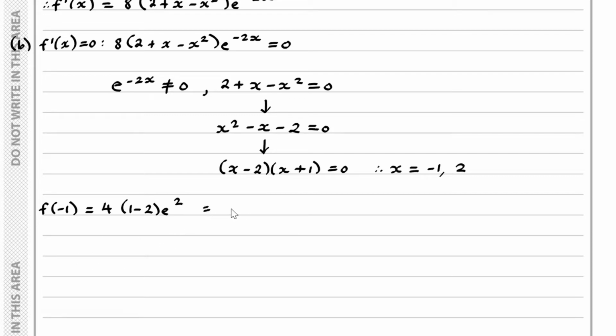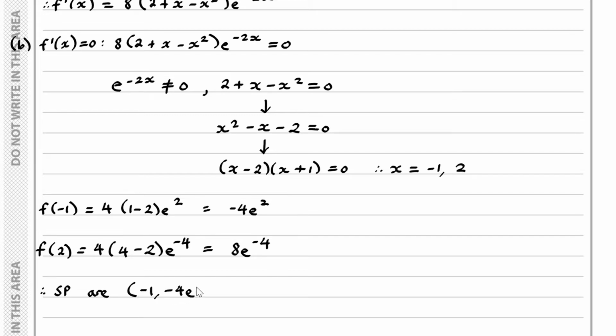And if we tidy this up, we get minus 4e squared. And f of 2, that's equal to 4 lots of 2 squared, that would be 4, then minus 2, then we multiply this by e to the minus 2x, so here we multiply by e to the power of minus 2 times by 2, which is minus 4. So here we end up with 8e to the minus 4. And therefore, these stationary points, those have coordinates minus 1, minus 4e squared,